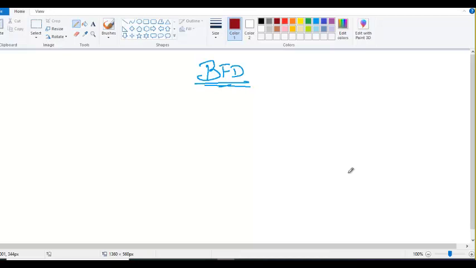We usually use this BFD with HSRP, or BGP or EIGRP or OSPF, or with all of them. This is the use case of BFD. We use it with these protocols